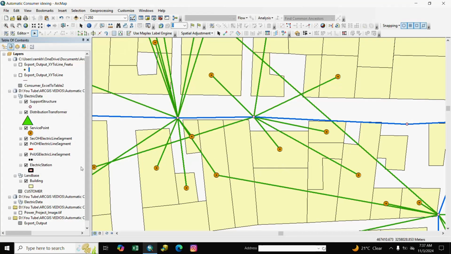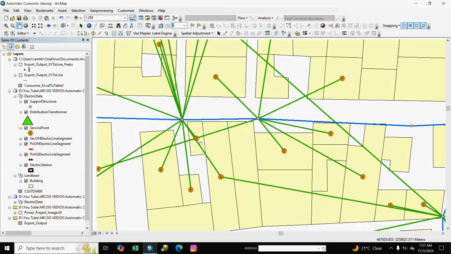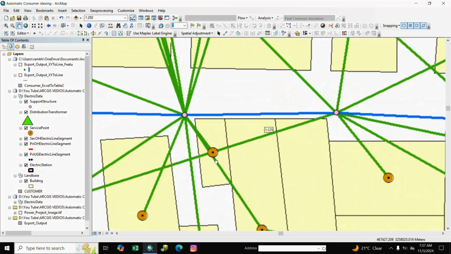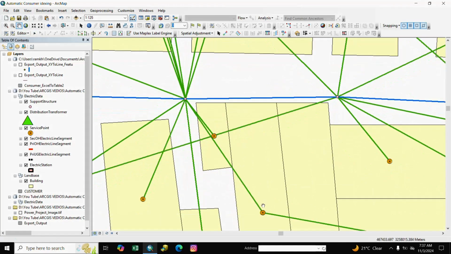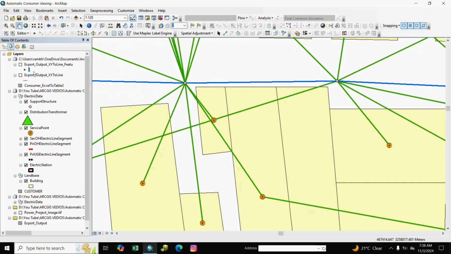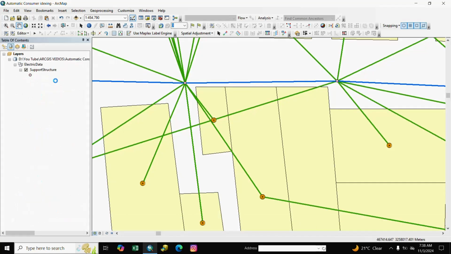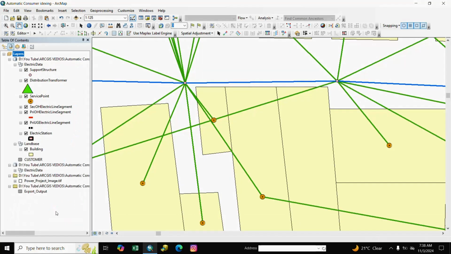Here is the service line. We connect the building to pole, pole to building. We connect it and we remove it.